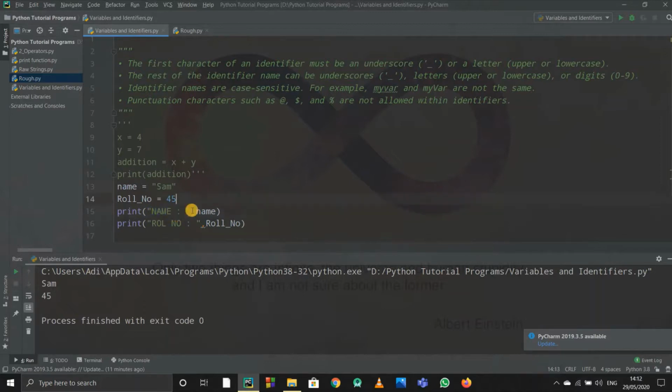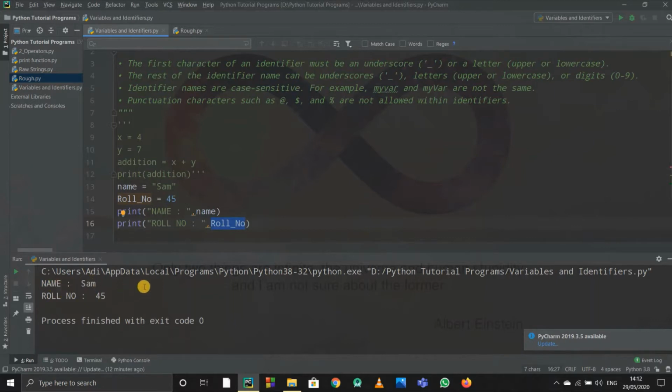And when it has printed it out, afterwards comma and name. Afterwards it has to print out this thing. So when it prints name, afterwards it will go to this thing. So it will understand this name is this thing. So it will print name, and afterwards this name, that is Sam. Roll number. Afterwards you'll write roll number equals this thing, roll number, that is this thing, 45. So when I run it, actually see, name Sam, roll number 45.